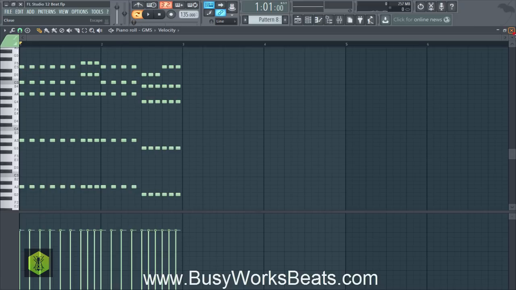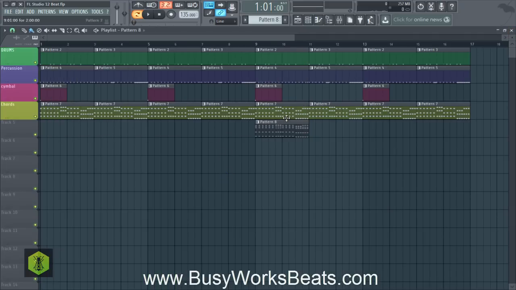So now let's X out of the piano roll. And we're going to use pattern 8 for the last 8 bars. We're going to right click and delete all these pattern 7s. We're just going to pull pattern 8 up here. We're going to shift, left click. Thank you for whoever showed me that shortcut. I'll find the YouTube comment, and we're going to hit shift, left click again to duplicate. So now that changes pattern 7 from pattern 8. Okay, so there's a difference now, so it's less repetitive.